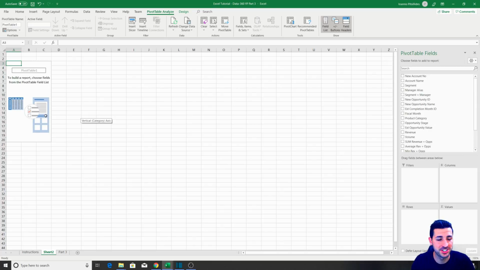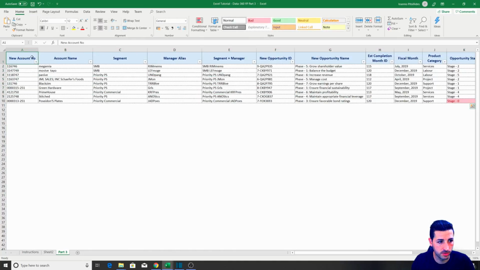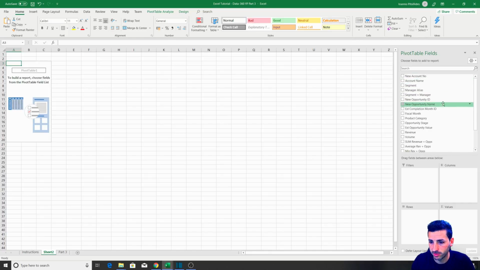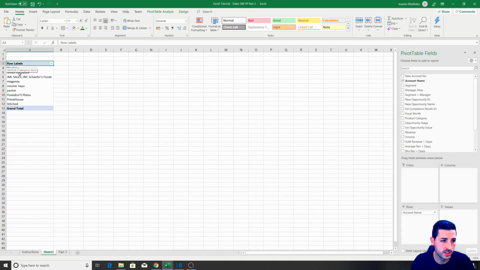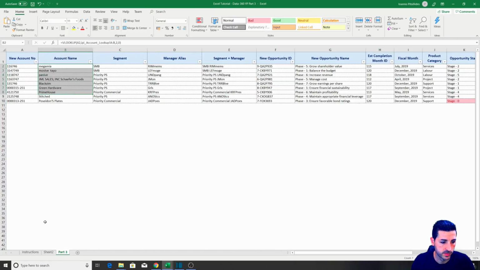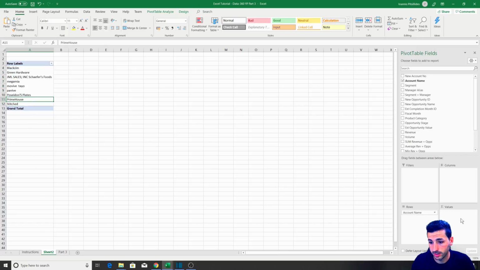Not much, it's not looking like much, is it? Right, so what we need to notice, the first thing, is that all of our column names are here now. So literally all of these column names exist in the pivot table down here. So the first thing we want to show is the rows. So if I drag in the account names now, down here in the rows, we can see all the account names. So you can see these are the account names, all the account names that we have here. The second thing we want to show now is the values.